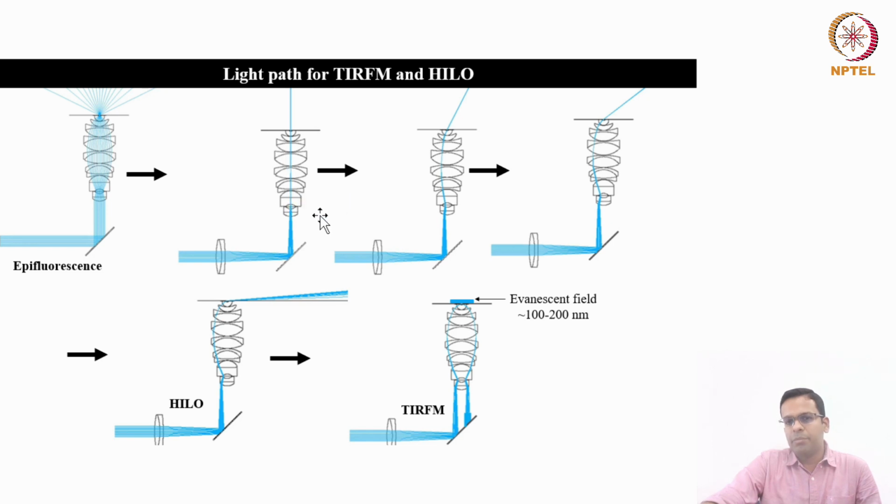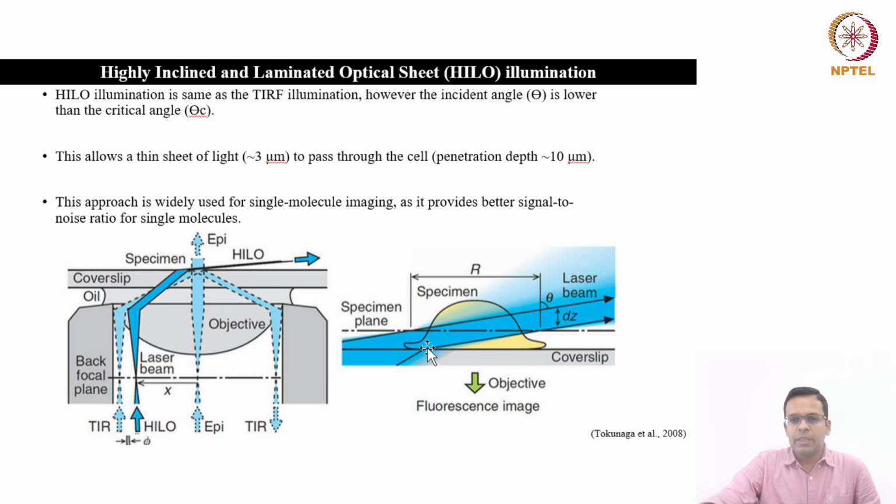Okay, so if I show you this diagram again that we already discussed, how the light path is managed for the TIRF illumination. So just one step before TIRF illumination, you see this is a HiLo illumination. So here the angle of the incident light is slightly lower than the critical angle, and that's why a thin sheet of light passes through the cell, okay, instead of the total internal reflection. So you can see that this is a cell or the specimen, and a thin sheet of light passes through the sample, okay. So this allows a thin sheet of light roughly around 3 micrometer to pass through the cell,